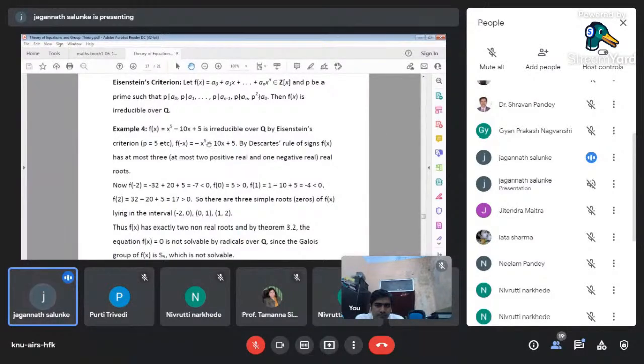So this has the remaining 2 roots complex, since 5 minus 2 is 3, leaving 2 imaginary roots. So by that theorem,